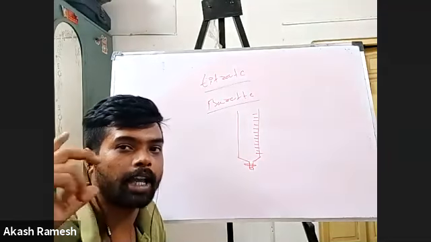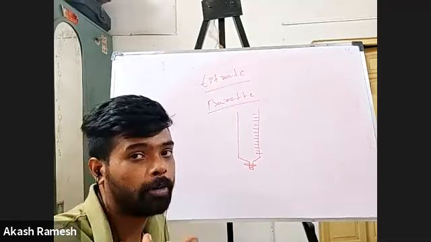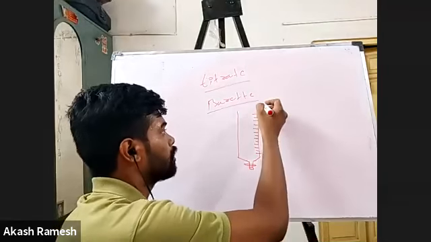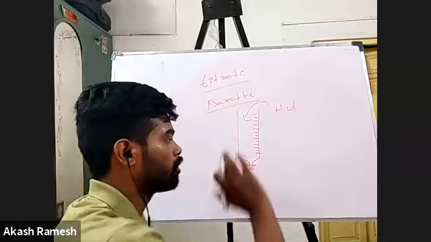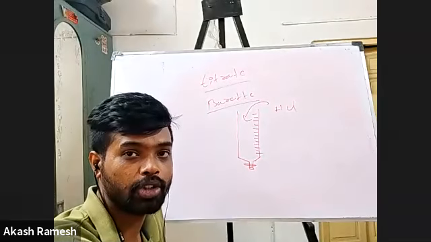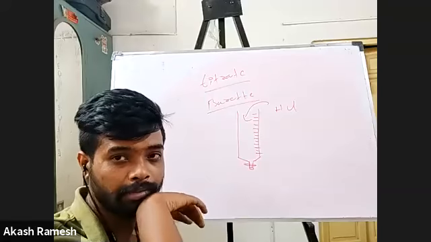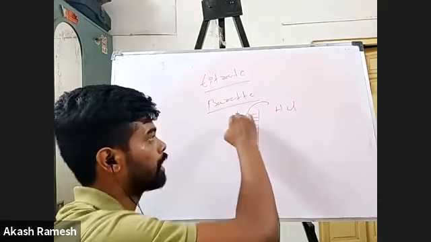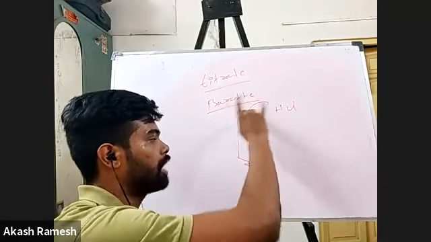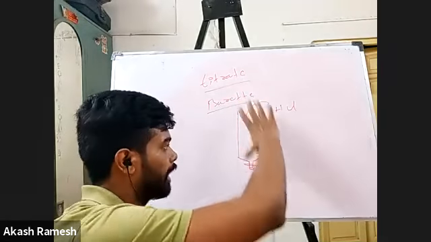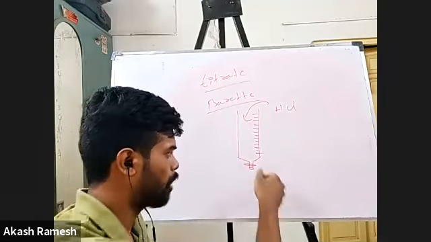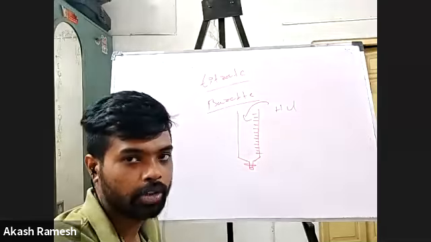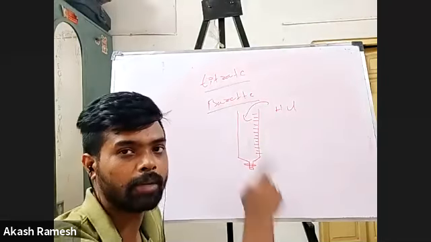So now what happened? I gave you the unknown solution, a full beaker. I don't know how much volume is required. I really don't know, right? So what I do is I pour the HCl solution into this burette. It will come up to the brim. Up to the last marking that I have, you are going to fill this entire burette with HCl. And you obviously have to close the knob. It should not be open. If it's open, all the things will come out again. You have to make sure that the knob is closed, and then you put the HCl solution into the burette.